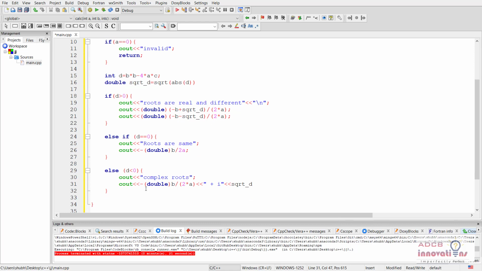Similarly, this one is for the first root. Now we have to do the same for the second root. So let's put another cout, and here we are going to write minus b by 2 into a,